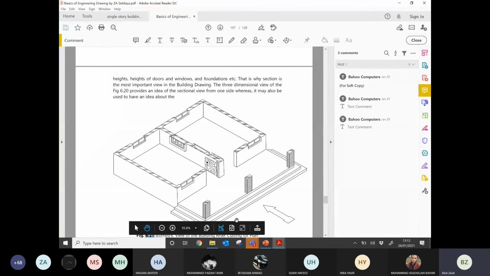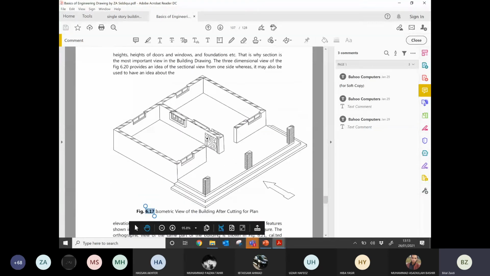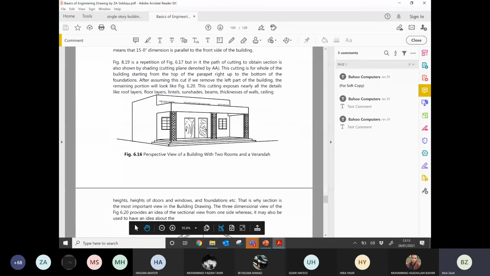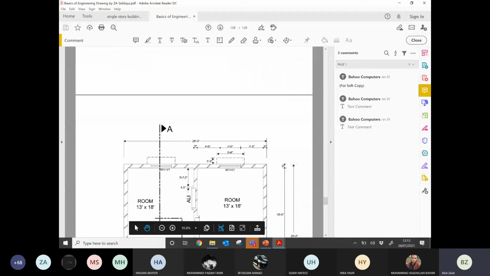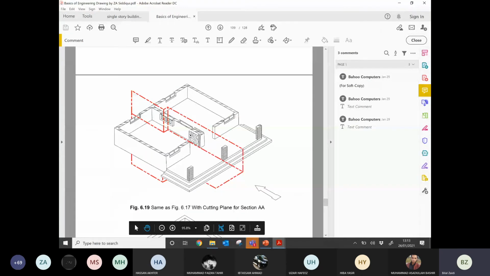Cutting plane line may be straight, may turn at an angle of 90 degree. Why do you include that turning line? For example, if I have a building like this figure 6.17, or 6.16, and I'm just cutting it straight, I can cut it straight. But here in figure 6.19, they have given a turn of 90 degree so that they include the details of the other room as well.